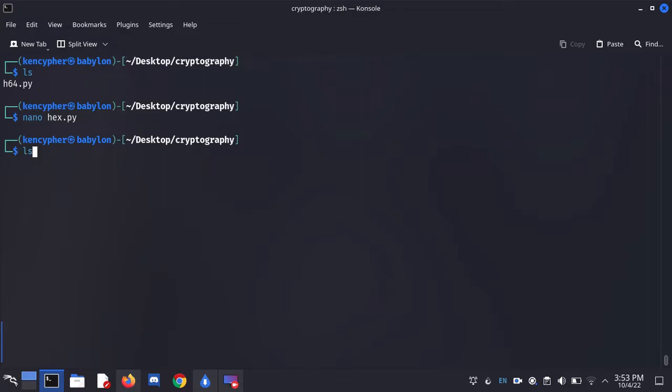So python3 hex.py, and there we go, we have it in hexadecimal. So how do you know that this stuff is hexadecimal? Well, it's pretty easy. In hexadecimal, the letters only go from A to F, and they never exceed that, because there is